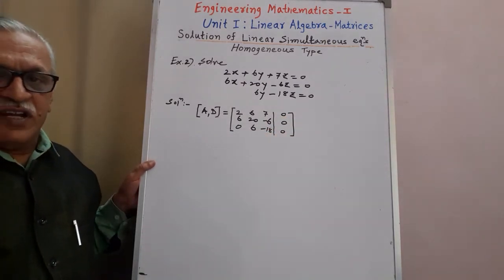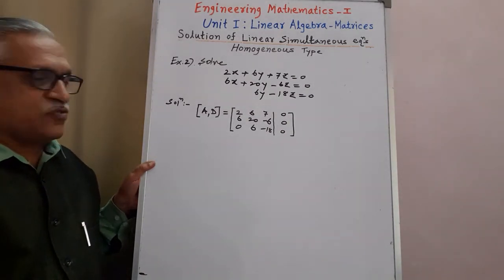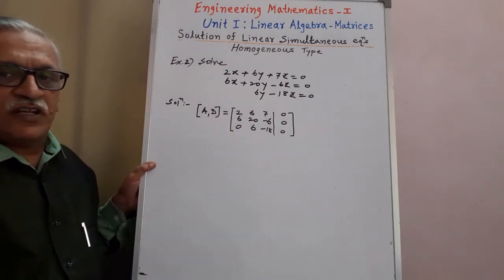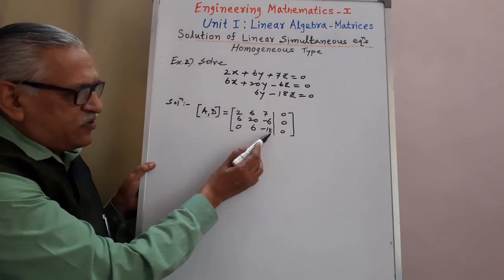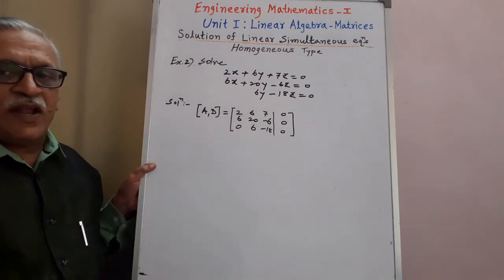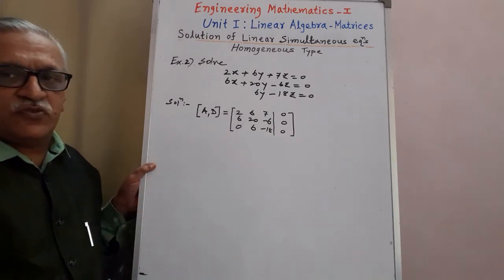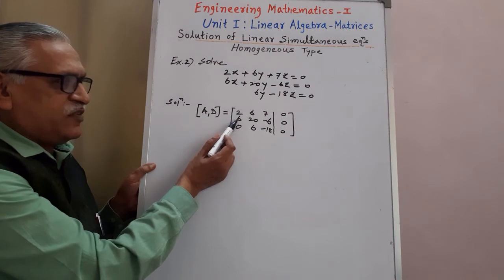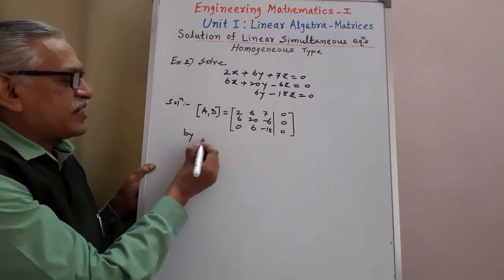Once again we have three equations in three unknowns. We have to determine the solution by converting this matrix to its canonical form. Canonical form means we try to convert all the principal diagonal elements to non-zero and lower diagonal elements to 0 by applying elementary row transformations. Therefore, the leftmost element is 2, non-zero, and with the help of that 2, I can convert this 6 to 0. Therefore, we have to apply the transformation.